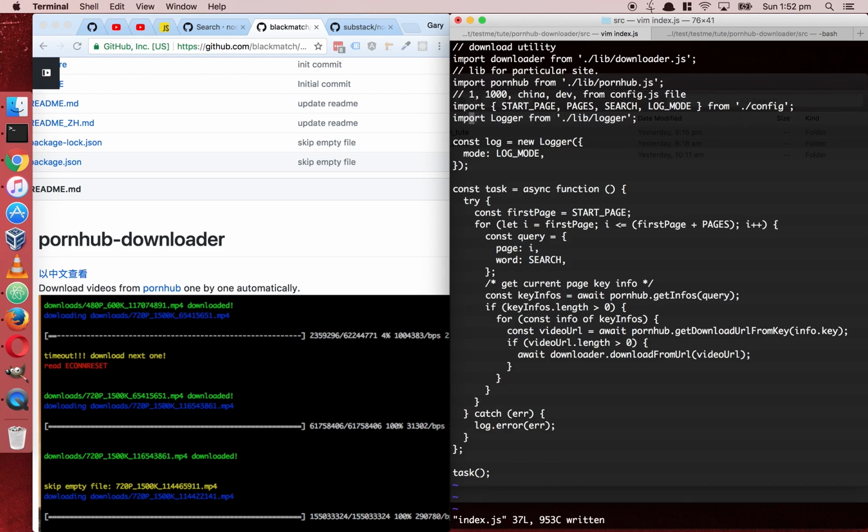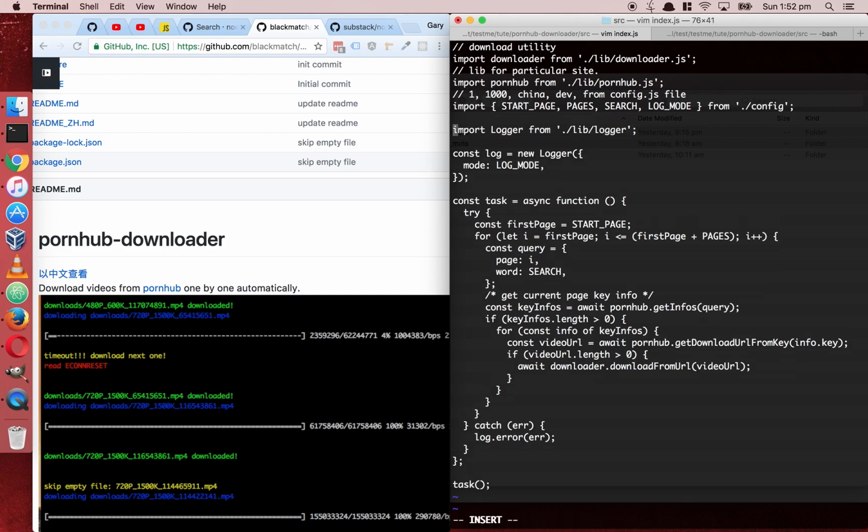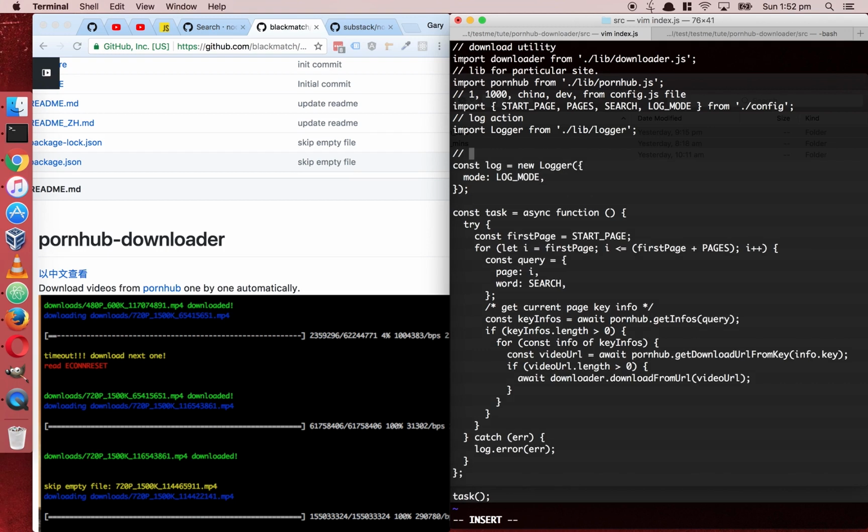And we have a logger. Logger, I assume, is logging actions. So you can see it in the lib directory. There's download, you have the pornhubs, and you have the logger. Not sure you have to put the .js there, but yeah. And we instantiate the logger and the mode step mode. So we say logger instance,